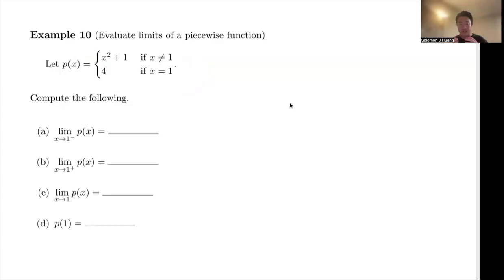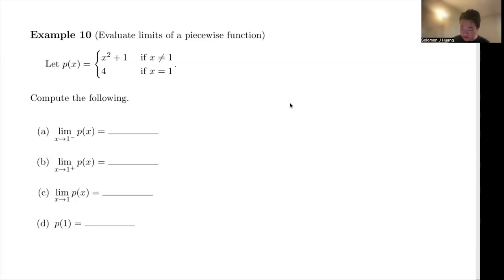The only difference is that whenever it receives an input, it will run the input against a certain condition, and depending on the condition, P of X, the input will run through a